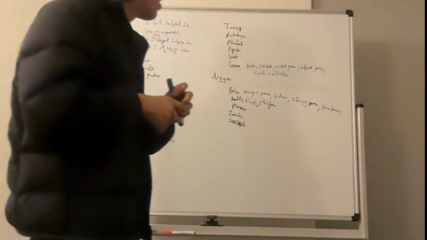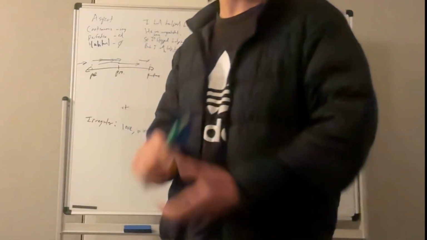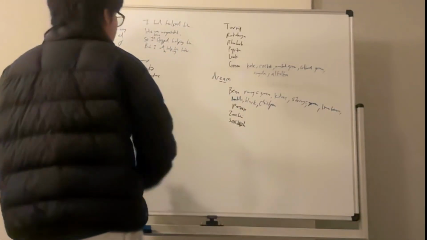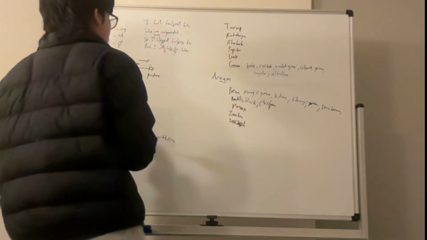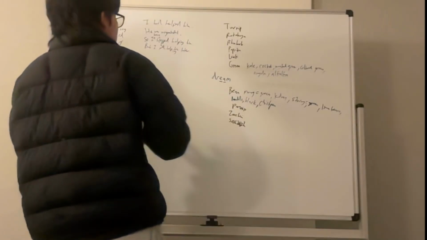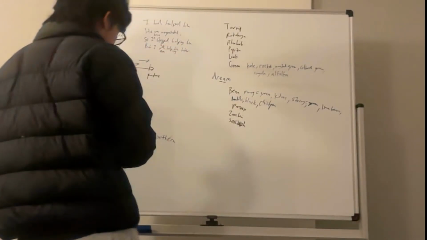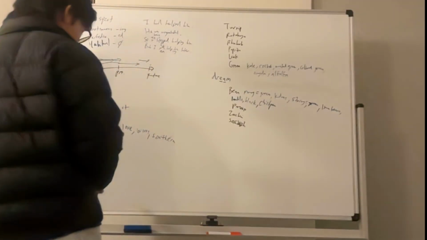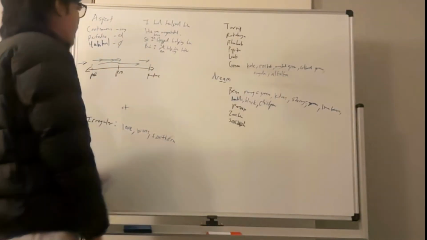Now, there is no such thing in English as the future tense. I will explain why next week, but there is no such thing in English as the future tense. So this is actually a particle and should be disregarded. And this should be I am helping him later, if I keep this symbol. Now, I am helping him later. Right? Which is functionally the same. And that's part of why the future tense doesn't actually exist in English.